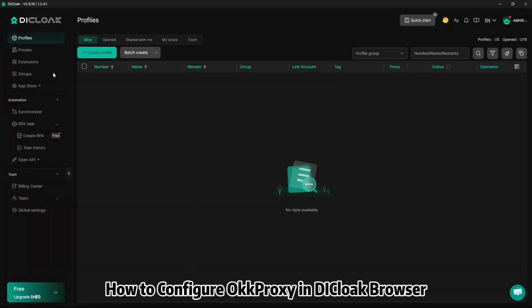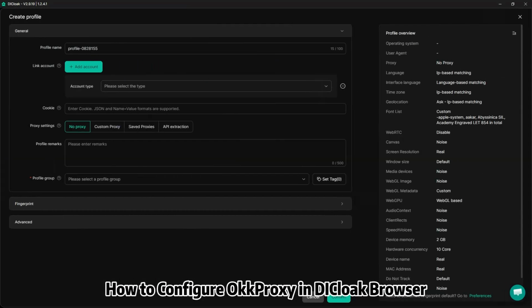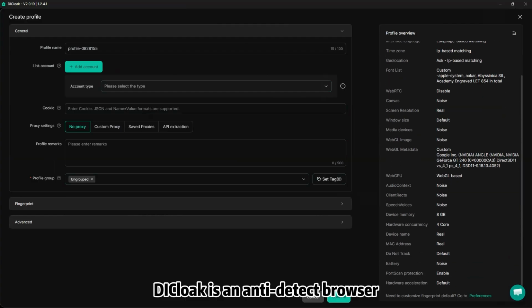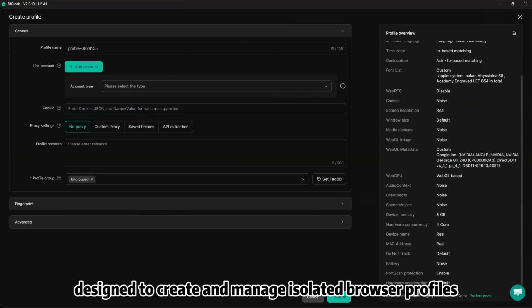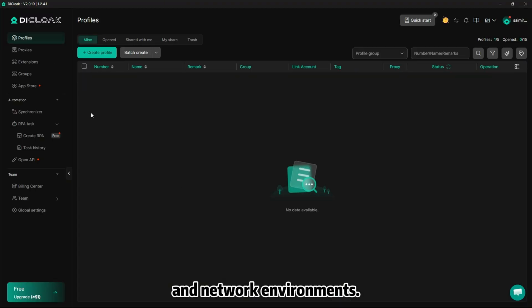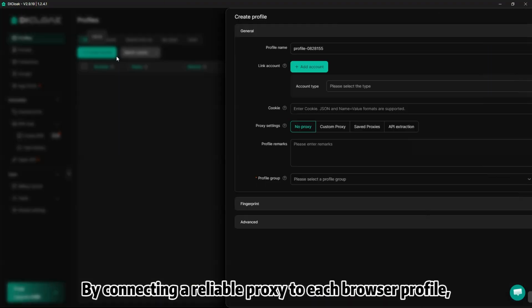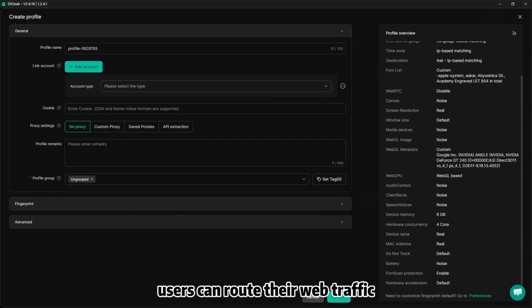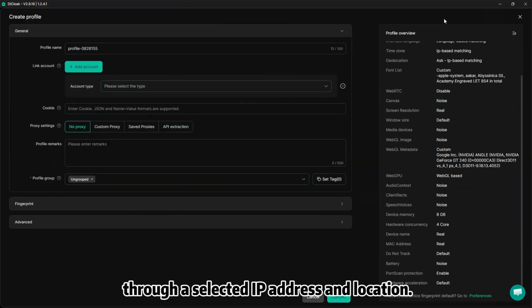How to configure OkkProxy in DICloak Browser. DICloak is an anti-detect browser designed to create and manage isolated browser profiles with customized fingerprints and network environments. By connecting a reliable proxy to each browser profile, users can route their web traffic through a selected IP address